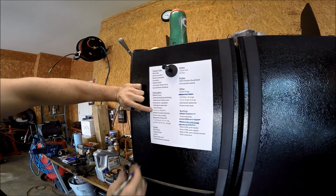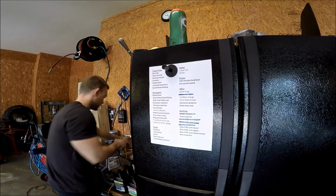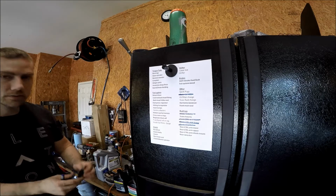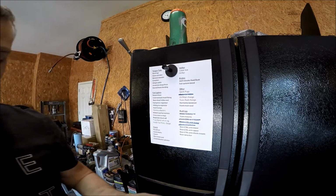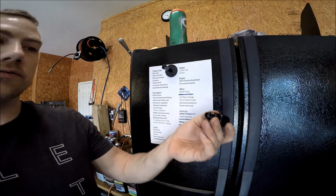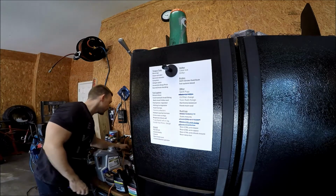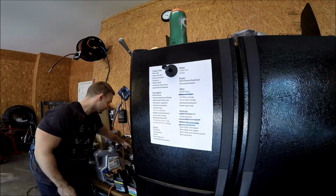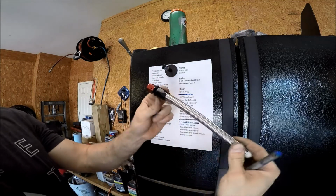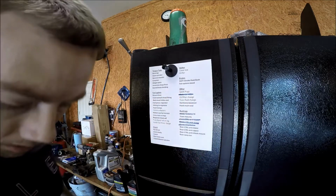So I've still got to put in the factory fuel adapters, which I decided I'm going to use those steel braided lines that came with the fuel pressure regulator. So what I did is I bought me some of these. They clip on to the factory fuel rail so that you can screw in a fitting. So basically it'll look like this now under the hood instead of just having those hydraulic hoses,